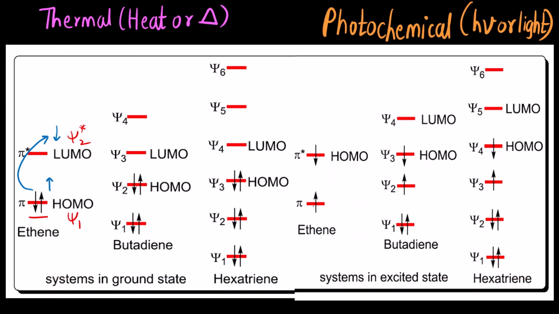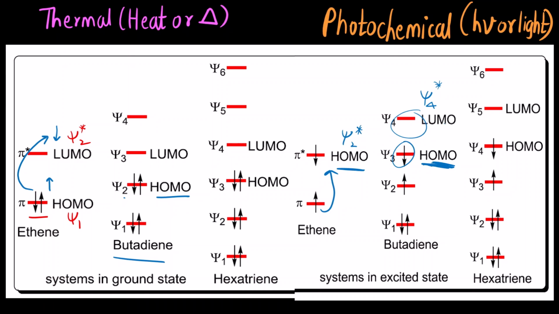So in ethene, you can see one electron jumped from psi 1 to psi 2 star. So HOMO is psi 2 star, and there will be no LUMO because there is no unoccupied orbital. Okay, in butadiene, HOMO was psi 2, but here the HOMO is what? Psi 3, because the electron jumped from psi 2 to psi 3. So this is the higher energy filled orbital or occupied orbital, and there is only one unoccupied, that will be the